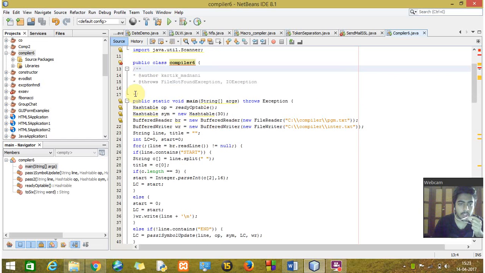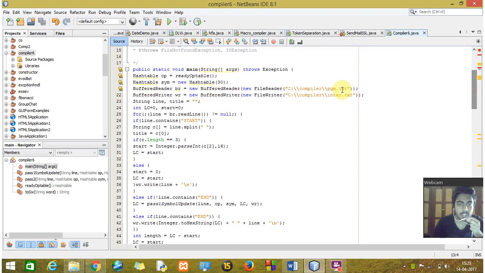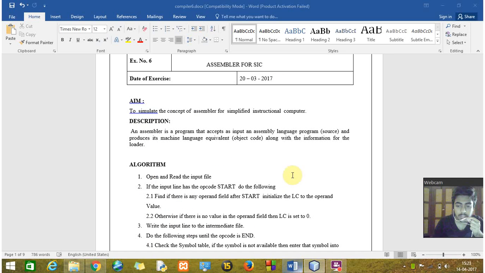Next, this is my main program. In this program, initially I'm using the hash table package also. I'm reading the file from the buffer reader.